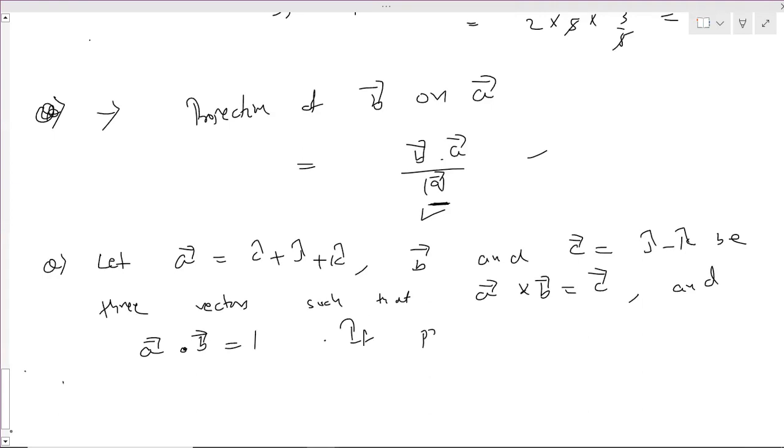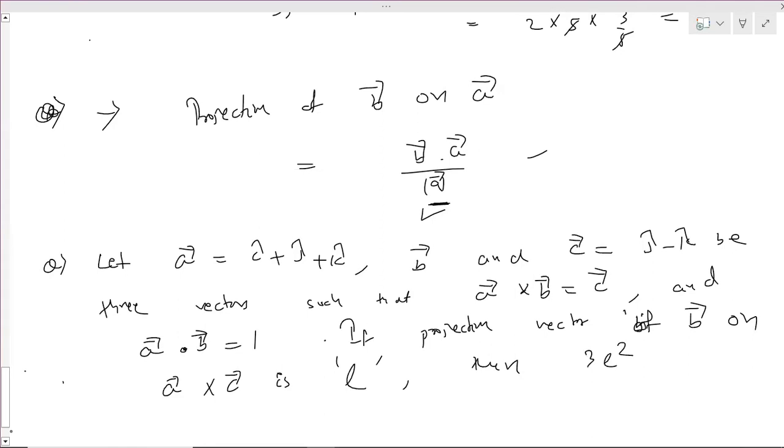If the projection vector of B on A cross C is L, then 3L square is